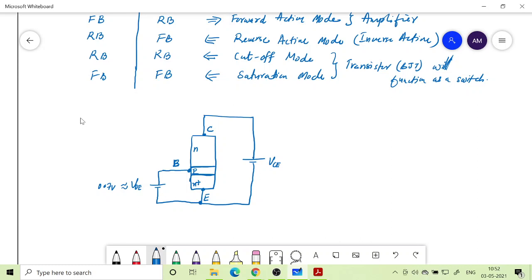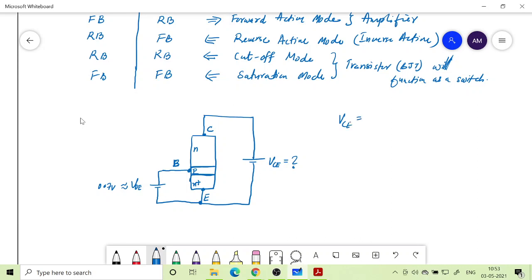So the order of the subscript for this voltage: here it is VBE because the negative terminal is connected to the emitter and the positive terminal is connected to the base. So voltage at the base with respect to emitter is VBE, voltage at the collector with respect to emitter is VCE. Now what should this value be so that it would be reverse bias? It's not very clear and direct because we are not applying a voltage which is the same as VCB. So we need to write what VCE is.